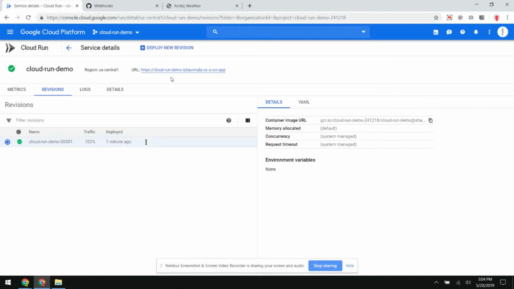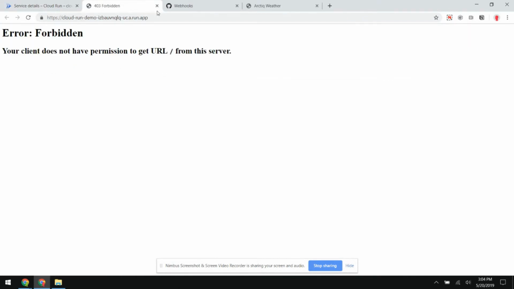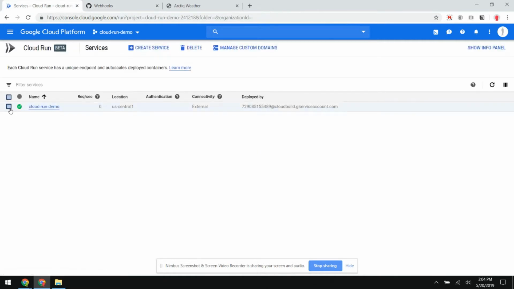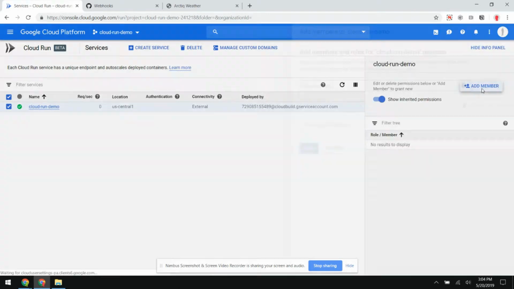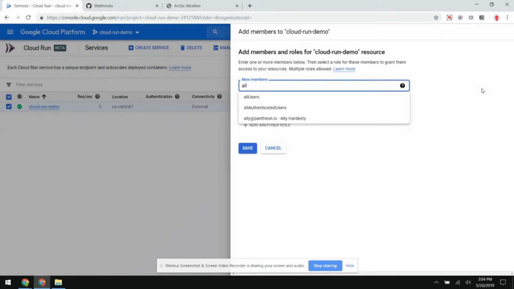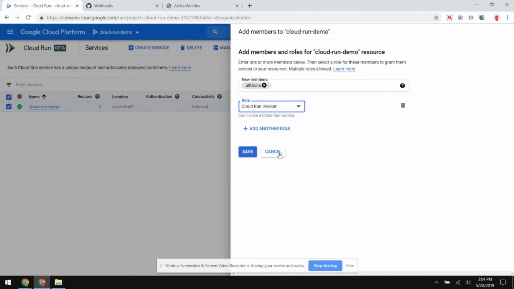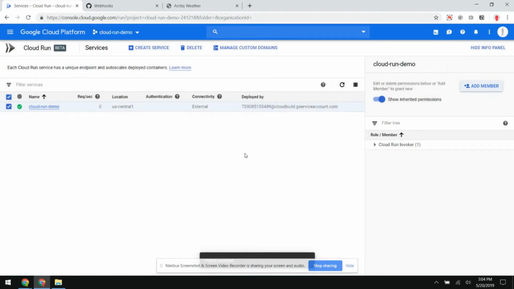There's a convenient URL created for the service, which will not work this time. We'll have a forbidden message. The reason for that is, first, we need to assign proper permissions to the service. This is done by going to the Show Info panel on the right and adding a member, all users, and giving that member a role of Cloud Run Invoker. Now that this has been applied,